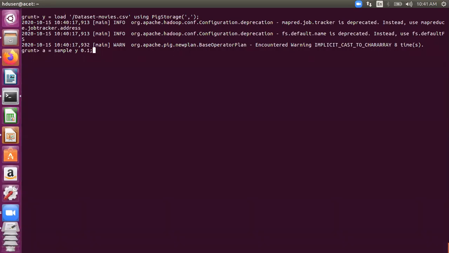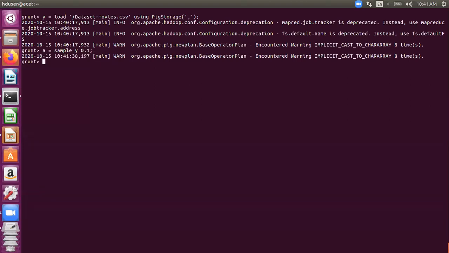After sample and the relation name, you give a value between 0 and 1, which indicates a percentage. So a value of 0.1 indicates 10%, a value of 0.5 indicates 50%, and so on. If I tell you that this file dataset-movies.csv has 49,590 records, can you give me a quick guess how many values would be there in A?